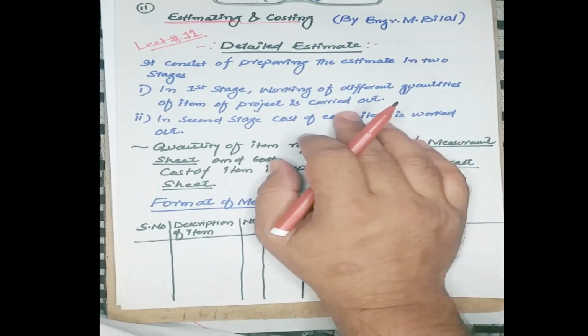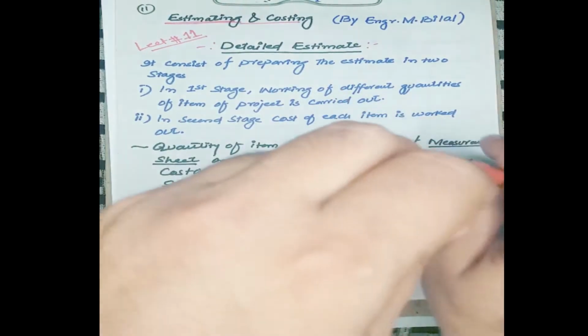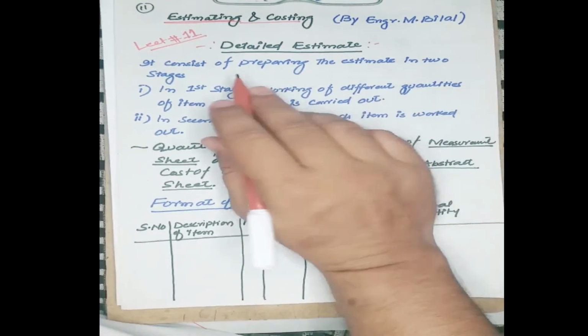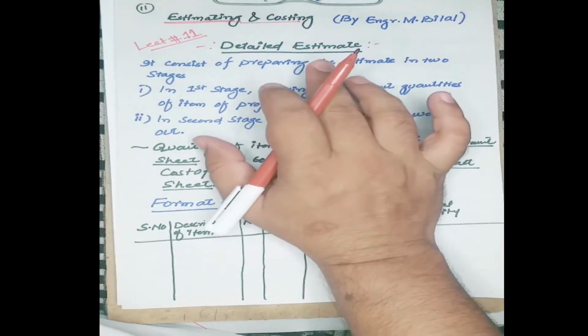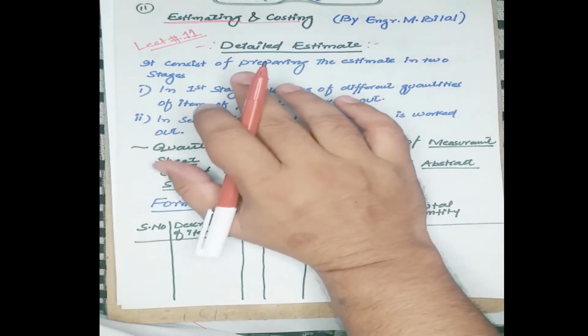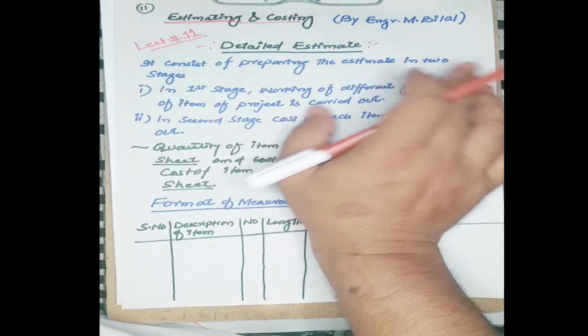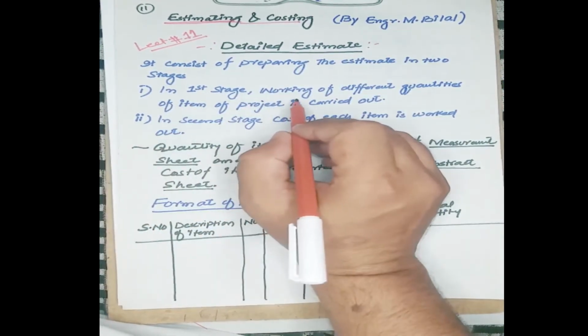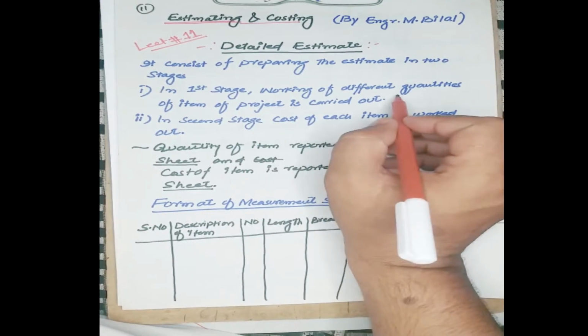So what is a detailed estimate? It consists of preparing the estimate in two stages. In a detailed cost estimate, we will prepare the estimate in two different stages. The first stage, working out different